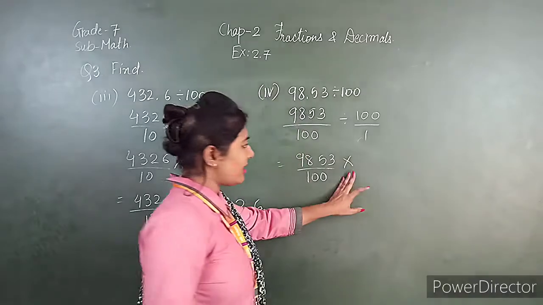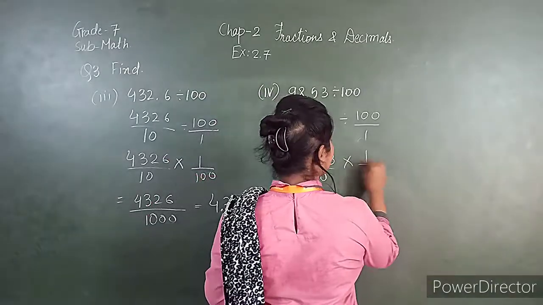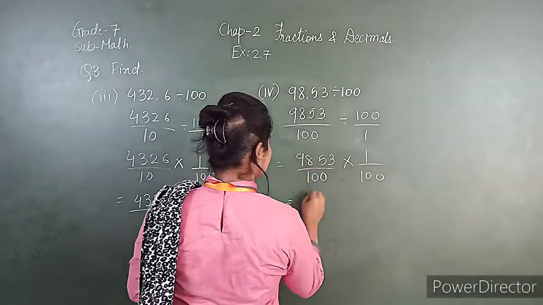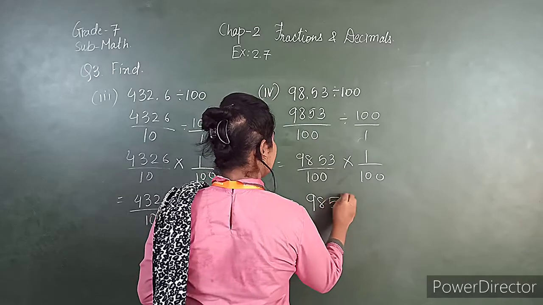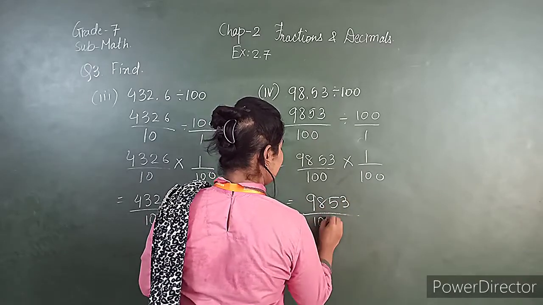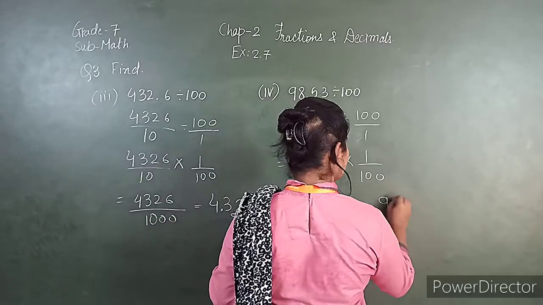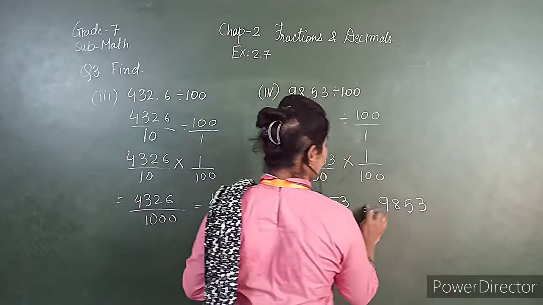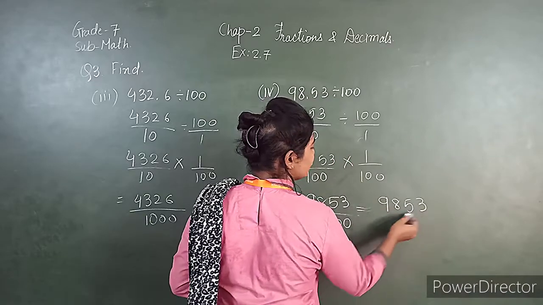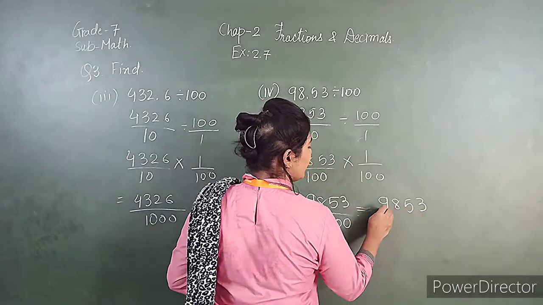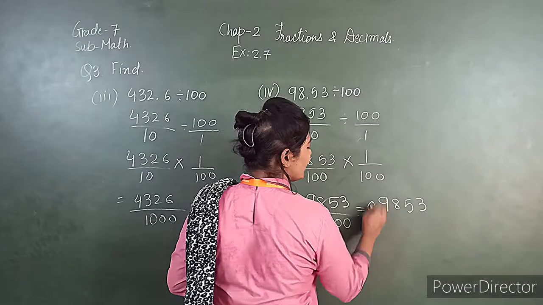If we change the sign, then we have to write the reciprocal. So it is 9853 upon 10,000, because 100 into 100 is 10,000. So 4 zeros are there, so we have to put the point before 4 numbers. So we have to count from the back side, 1, 2, 3 and 4. Now we have to put the point over here. So our answer is